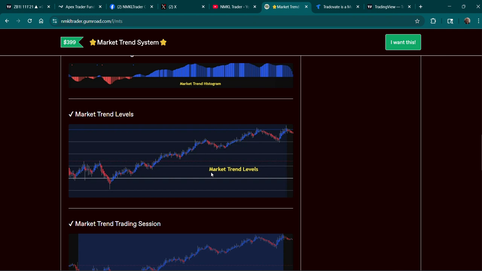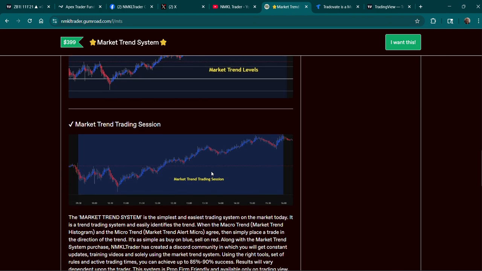And what it does is it gives you good potential targets for take profit, for stop loss, things of that nature. And later on, as I get the training built, now keep in mind the training for this is being developed since we just launched this, as we go, but you'll be able to utilize this market trend levels. Then also, I have a sessions indicator in order to just kind of mark the session that I want you trading in. And that's the vital key to this piece, is trading during the US session gives you the